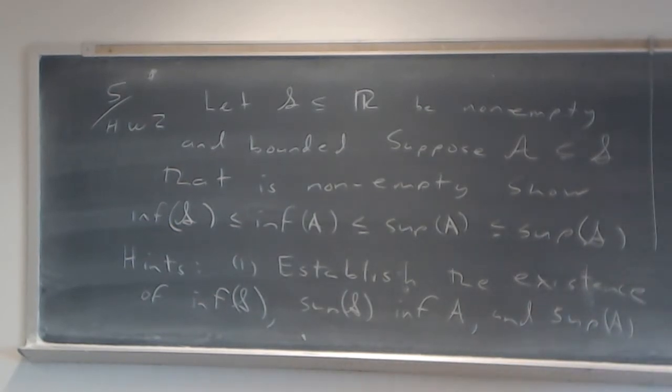Okay, that's what I would suggest. So Adam, you were the person who asked me about this, is this correct? So once you have those numbers existing, then to compare these numbers,